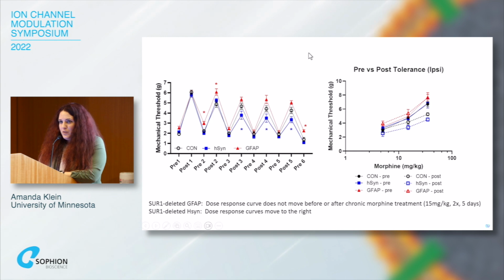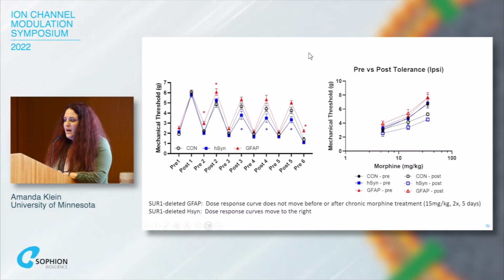and definitely much better than the neuronal promoter. The neuronal promoter in blue, that data we would obviously have guessed because it matches our previous data that I already showed you in naive animals. So it seems like with the combination of nerve injury and chronic opioid exposure, the difference between these two becomes really, really apparent.